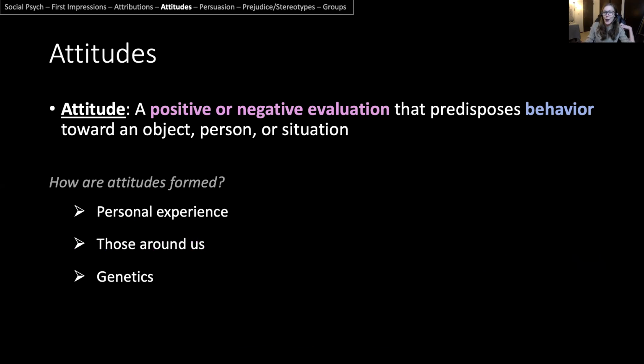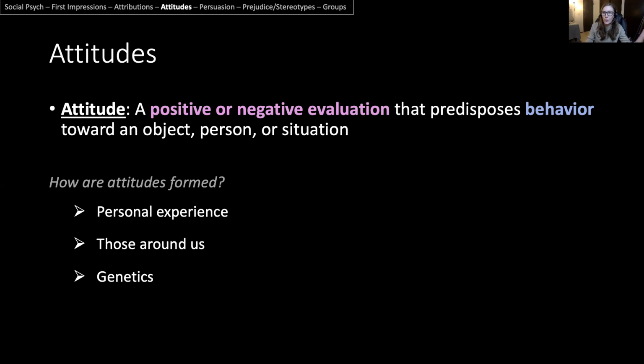And you might wonder how we form attitudes. And there are so many ways. So the first is just your experience with the thing. So how we talked about, like, I've had good experience with Breyer's ice cream or that type of thing. You might like certain flavors after you try them.